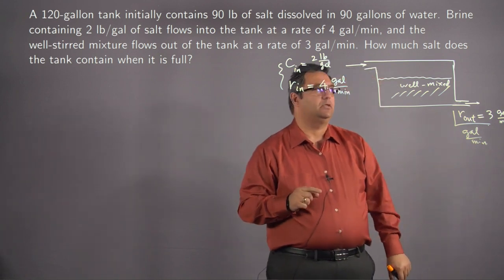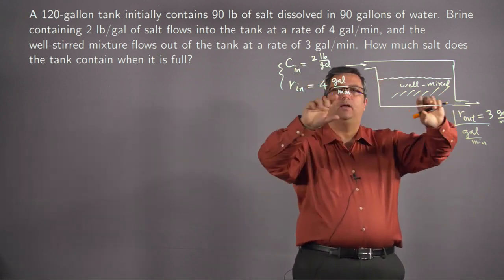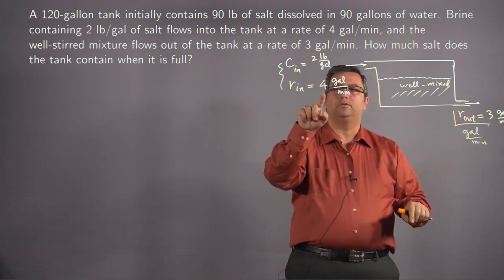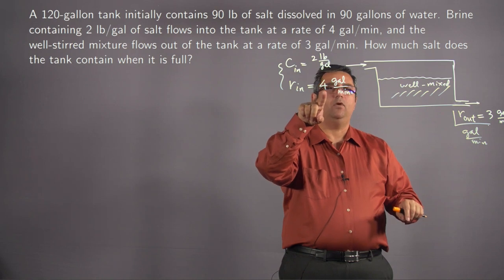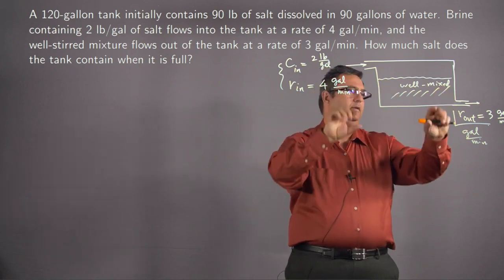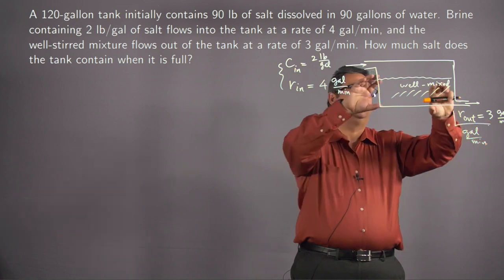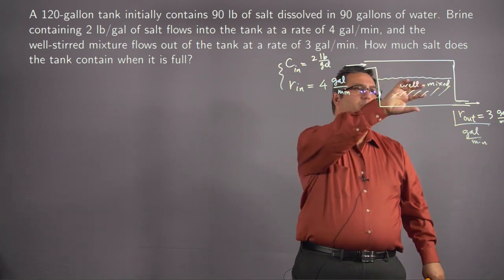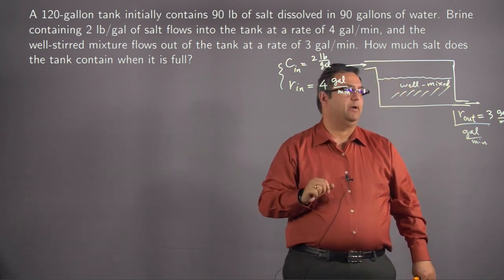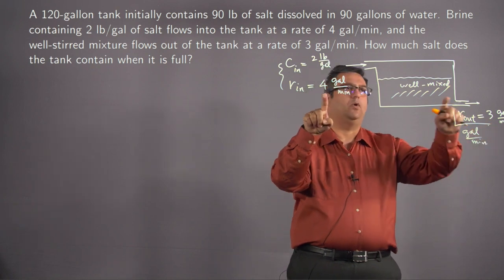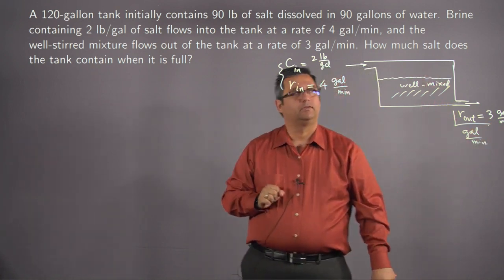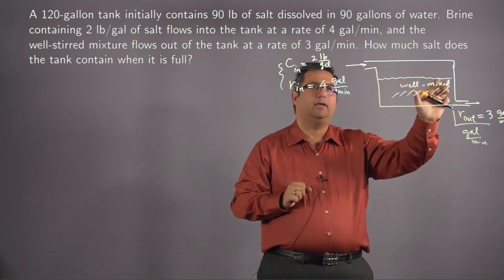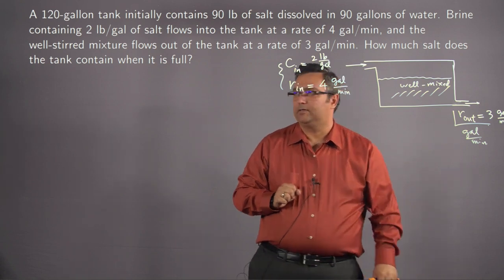What this means is that we are gaining 4 gallons per minute of brine, but we're losing 3 gallons. So the amount of brine in the tank is going to go up by the rate difference of 4 minus 3, 1 gallon each minute. So the volume of the mix in the tank is not going to remain constant. In fact, we can write